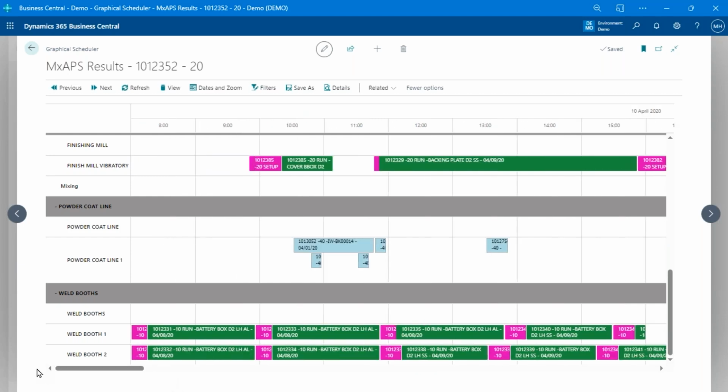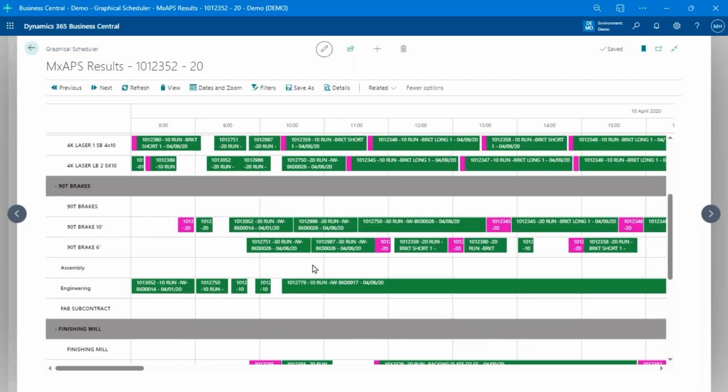Now all of these goodies could sound very complicated and fancy, but it doesn't have to be. If you do have complex and detailed scheduling requirements, it does take some work to set up that model of your facility. But if you've got just your standard routings in Business Central at the work center level, and you've got machine centers defined, chances are you can install MX APS, run the setup wizard, run generate schedule, and you'll get a schedule that you can actually execute.